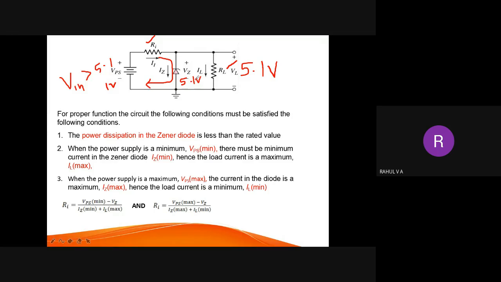And suppose the Zener voltage of the Zener diode is 5.1 volt and the input voltage is greater than 5.1 volt, what will happen? The breakdown happens. The breakdown of the Zener diode happens and a large amount of current will flow through the Zener diode, and the voltage across the Zener diode will be maintained at the Zener voltage level. Okay, so that is the concept. I hope all of you understood this concept.